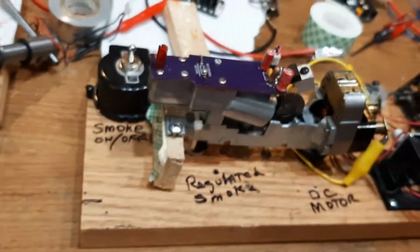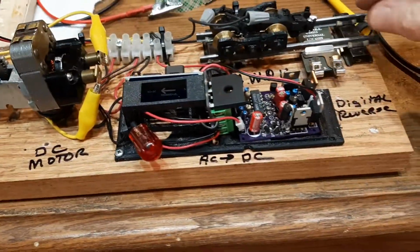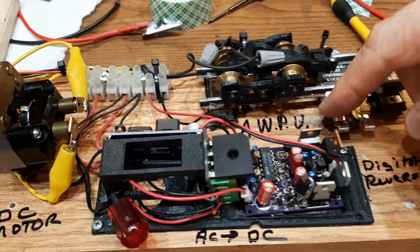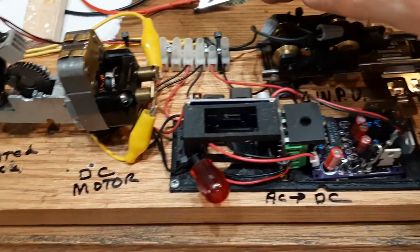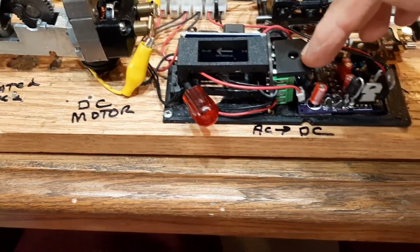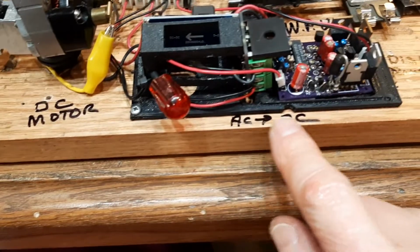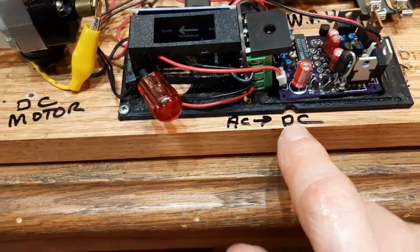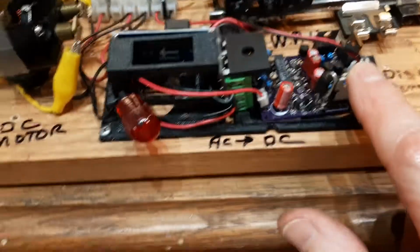This is one of the displays and demonstrations that I built for the Scouts for the train club. And what I have on here is a little short piece of track with the all-wheel pickup truck where every wheel is taking energy and sending it into a rectifier, and the rectifier is taking the AC from the transformer and converting it to DC, and then the DC is being sent to a digital reverse controller here, and then